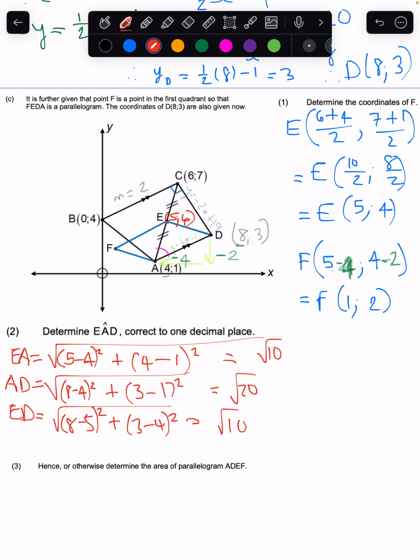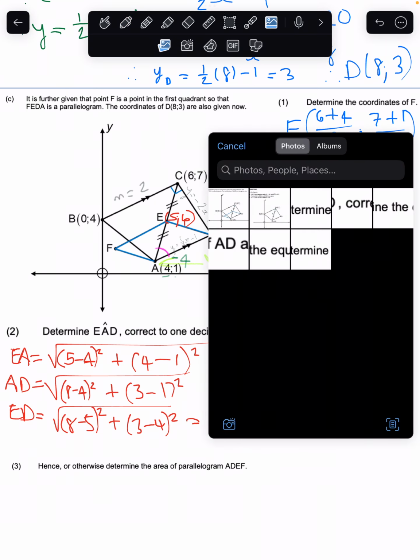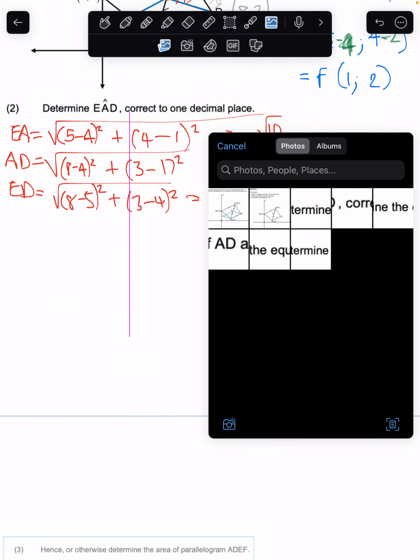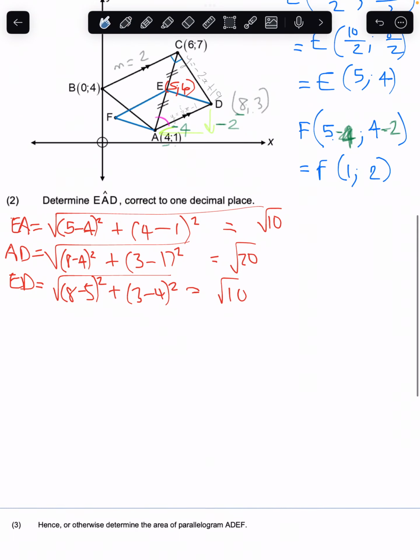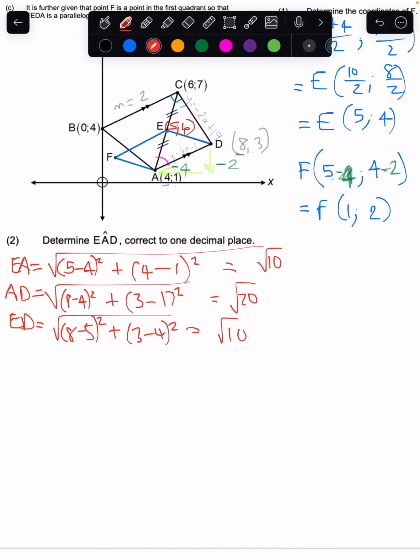Yeah, okay. So I'm also just going to move this onto the next page. So then, with the cosine rule, this side we can call A, this side we can call D, and this side we can call E. So the cosine rule tells us that